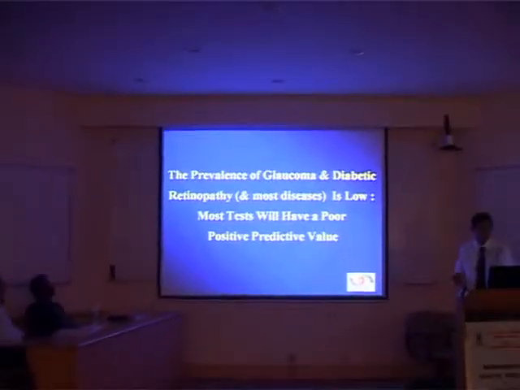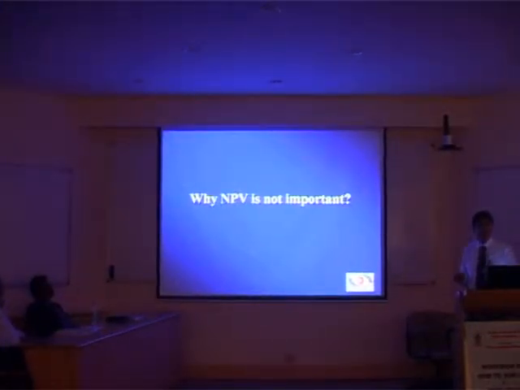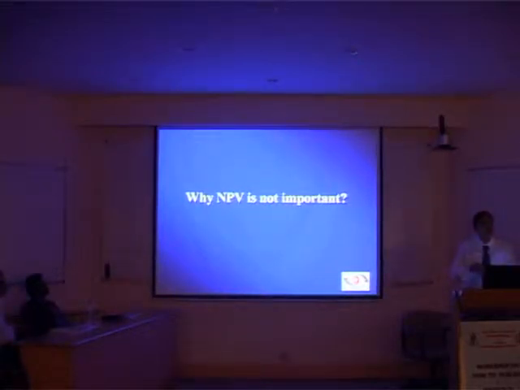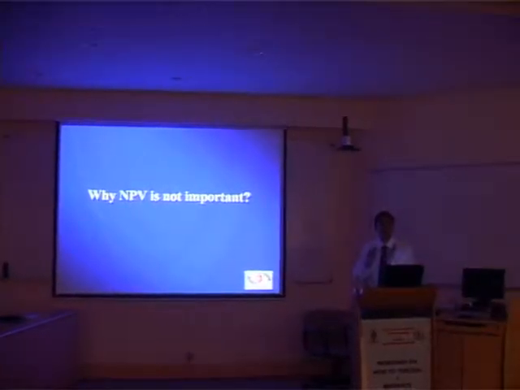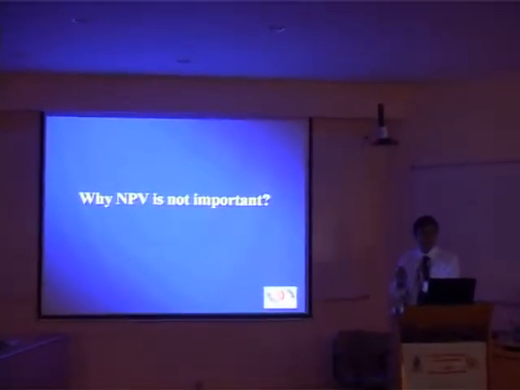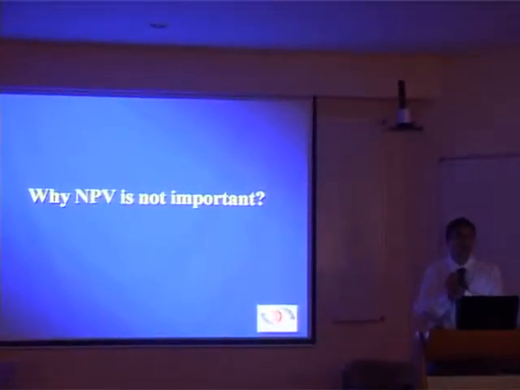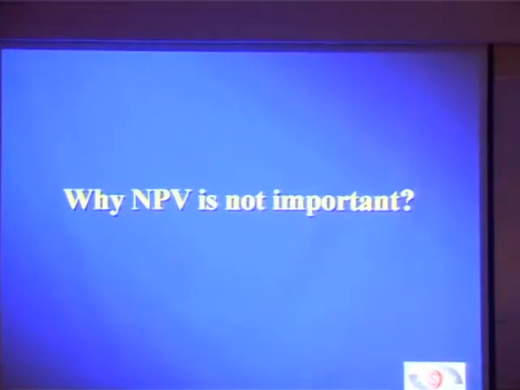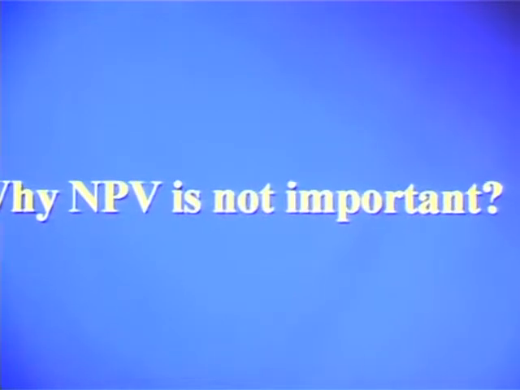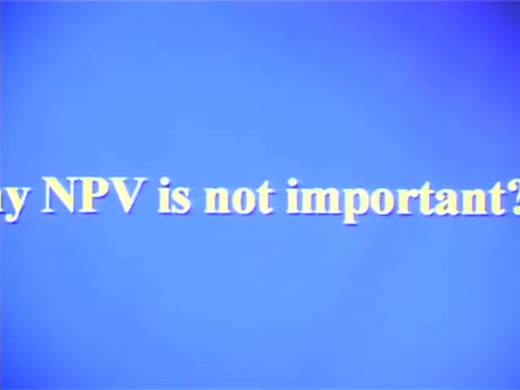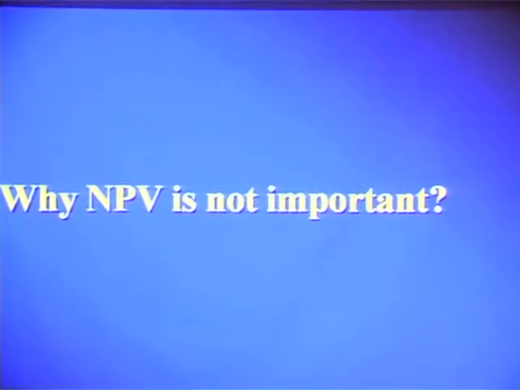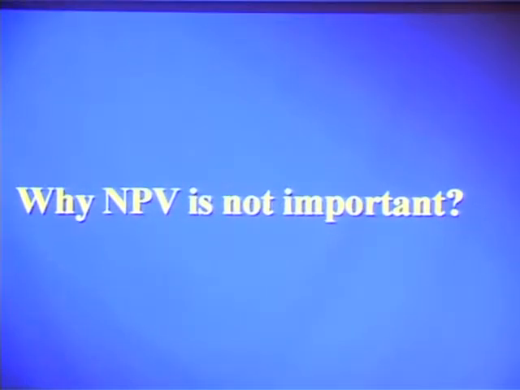At the same time, we are talking about how all the diseases are low prevalence. Why is negative predictive value not important in real life? Do you like to do a test to rule out the disease? I'm not talking now clinically about diseases which have high mortality, because there the implication is different. Being my slide, because I talk most of the time to ophthalmologists, most of the talk is related to glaucoma and eye diseases, and there negative predictive value is not important, and why? Anybody? Slow disease, chronic. No, but why don't you want to do the test? Prevalence is low.